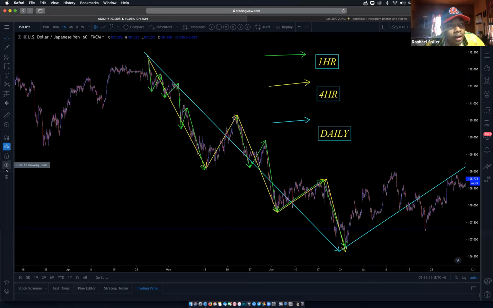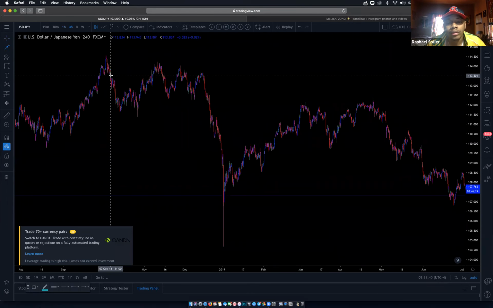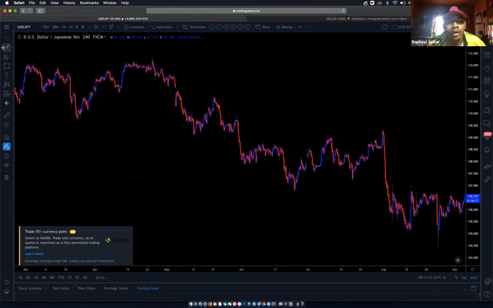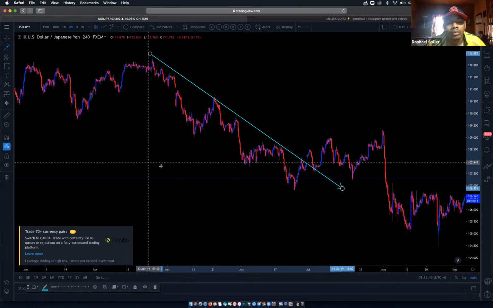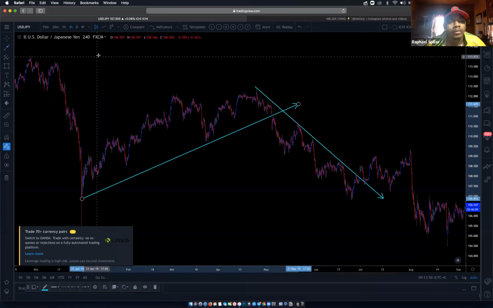It's not long term. The trend line, I don't know what you mean, Sim. I can't really understand your question. If it's on a downtrend, right? If you're on a downtrend, you draw your trend line above price. If you're on an uptrend, you draw your trend line below price. If that answers your question.